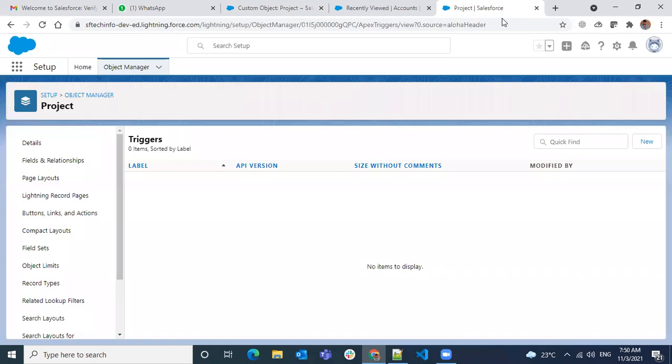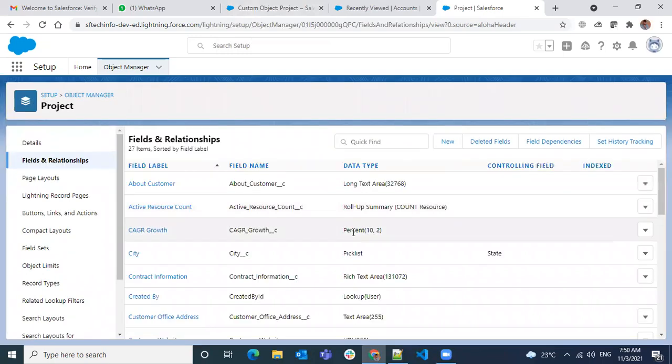But some of the features are still available only in Classic, very few. If you go to some page in setup and it's not working, then you have to switch back to Classic and do that. But nothing new there. It's the same functionality and the same features you're going to configure. Nothing to worry about there. Now that's about Classic and Lightning, and how to switch between them. Any doubts over there?